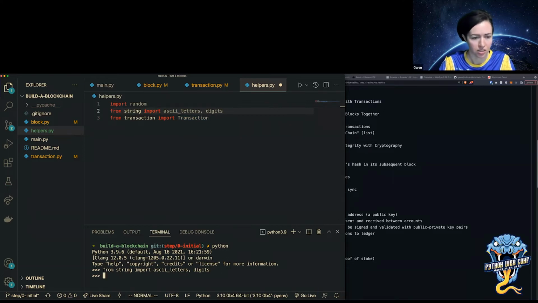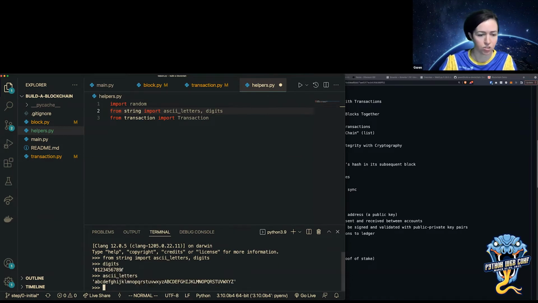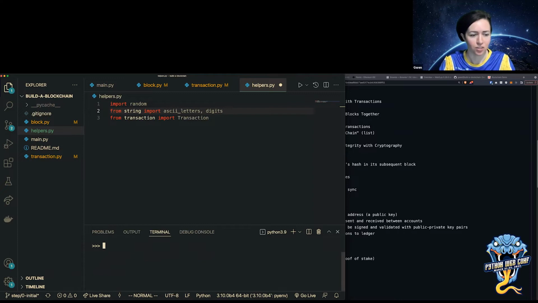So basically, if I do digits, I get a string of all 10 digits. And then if I do ASCII letters, I get a string of all of the lowercase and uppercase letters of the alphabet. So that's just a feature of how nice Python is.